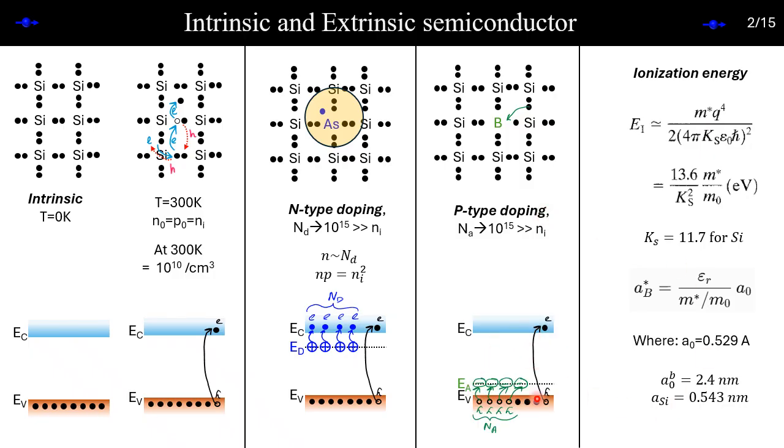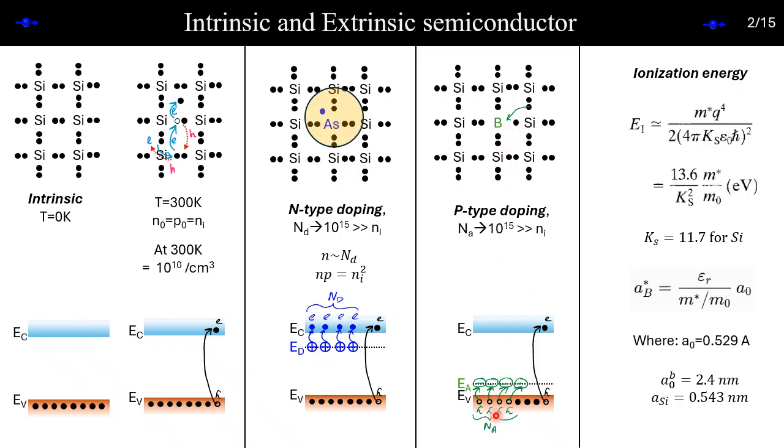So here also we have a conduction band and a valence band. But here, because of this boron doping, we will have a dopant energy level close to the valence band. The reason is it is so close to the valence band that it can accept an electron from one of these places, as shown here, and it will be ionized. And when it is accepting electrons from here, then what do we get?